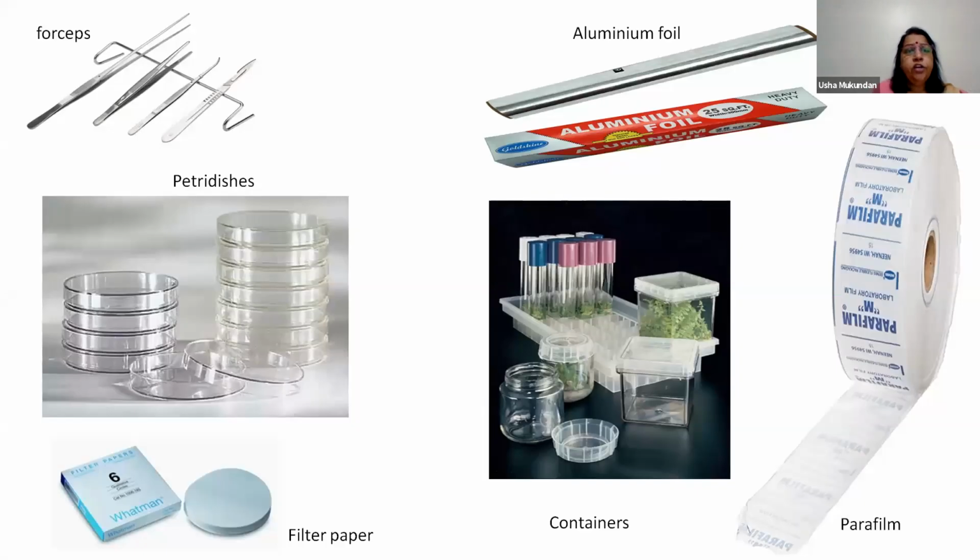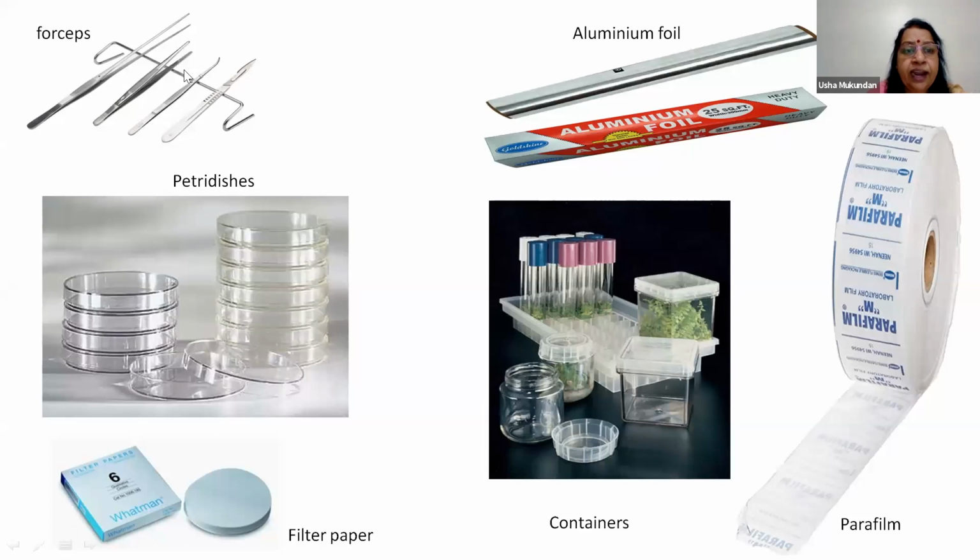Now, I'm going to take you into a literally virtual tour around some of these things. Now, look at the forceps. They are of stainless steel and they come in different sizes. Why are they of different size? Because you have a test tube, the 60 ml test tube. If you want to inoculate, then your hand should not touch the rim of the test tube. So you need a very good tip to hold the explant material, and without touching the media, you have to just place it on the culture media.